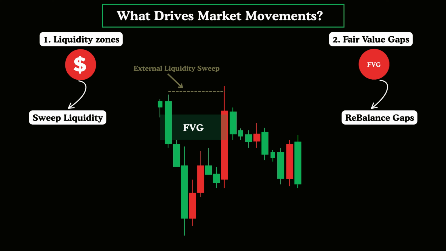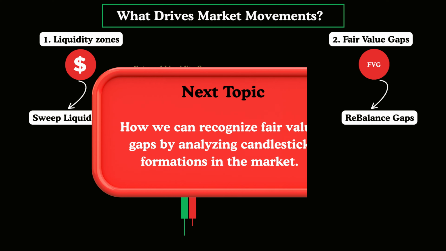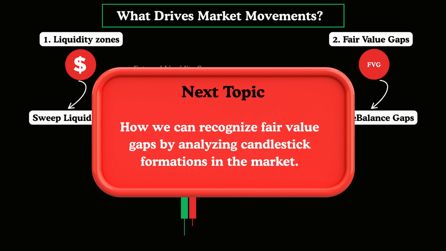The second key factor is fair value gaps. The market often demonstrates a natural tendency to revisit and correct these inefficiencies. If you observe this example, you'll see a sharp drop in price creating an imbalance and leaving behind a fair value gap. Soon after, the price retraced upward, filling that gap. At the same time, it moved higher to grab external liquidity. Once that external liquidity was collected, the price reversed downward again to rebalance the latest fair value gap. This repeating cycle illustrates the market's behavior, where price movement aims to both collect built-up liquidity and correct fair value gaps.